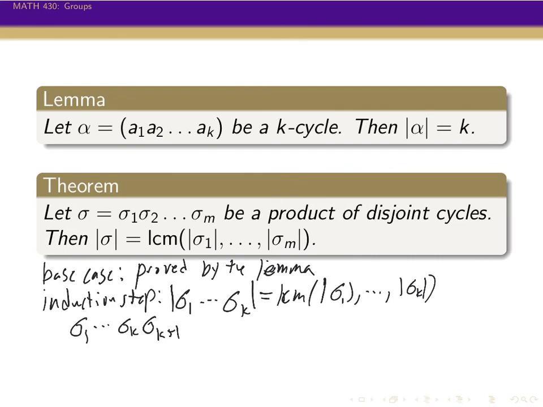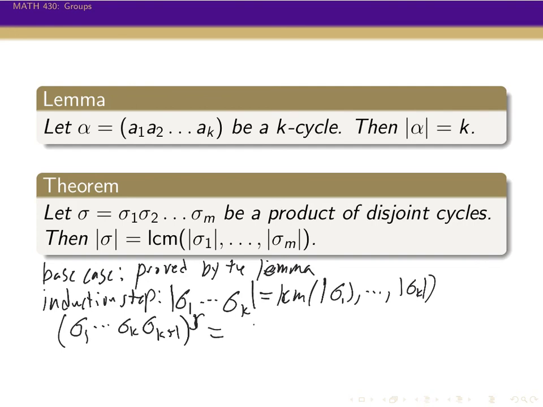Okay. And so the important thing here is that these are all disjoint. And so since these are disjoint from what we saw in the previous lemma, these cycles all commute with each other. Okay. And so if I take this and apply it to some power r,